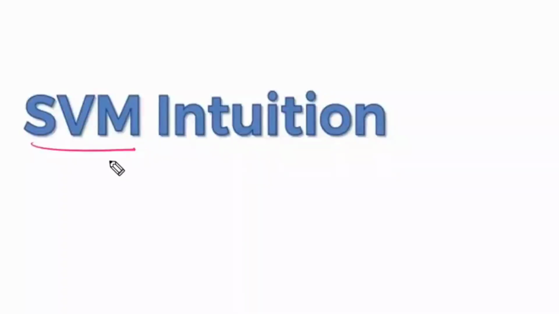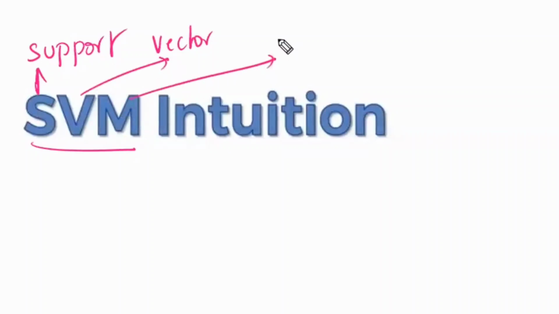Support vector machines, sorry, SVM. The meaning of SVM: S stands for support, V stands for vector, and M stands for machines. Support vector machines, right? So this is the first